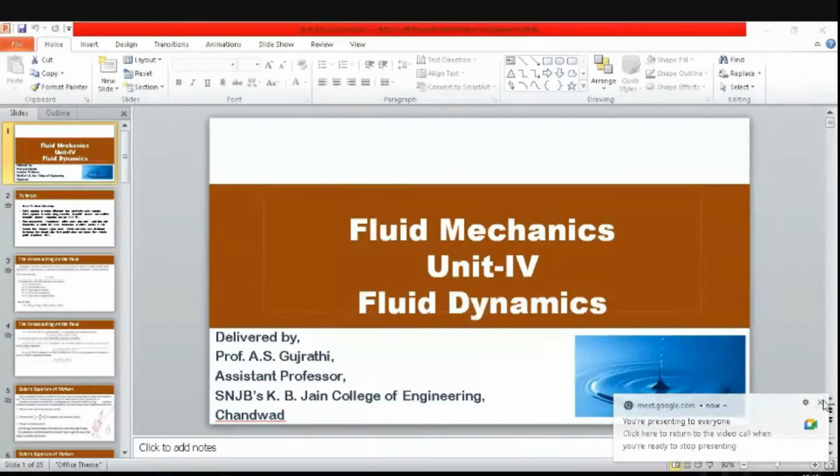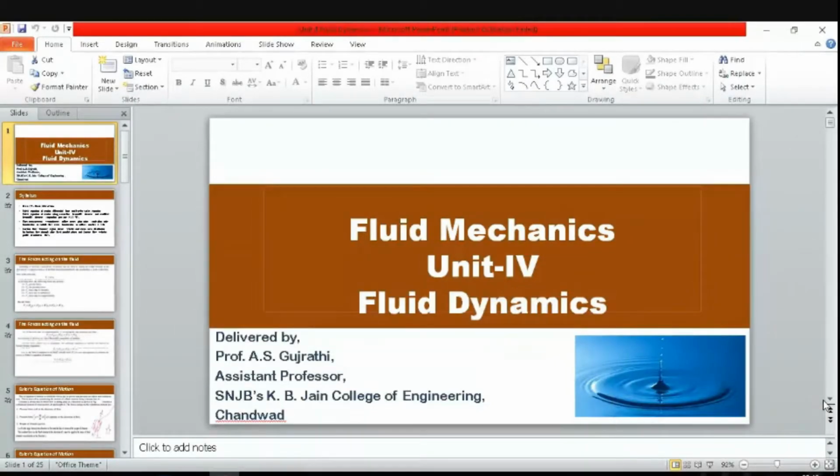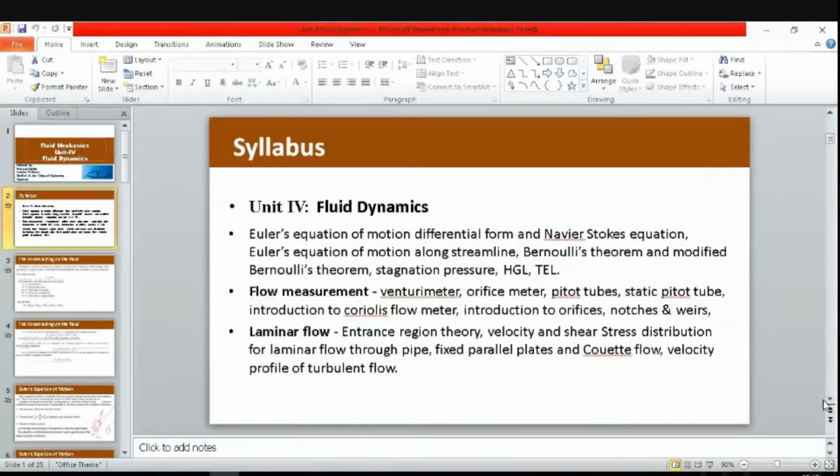Welcome to today's lecture. So, in our last lecture, we had started with unit number 4, that is fluid dynamics. Okay, so we had already seen the syllabus, or we had discussed the syllabus. So, this unit will again have three subsections. Okay, so we had started with the first subsection that deals with the Euler's equation of motion as well as